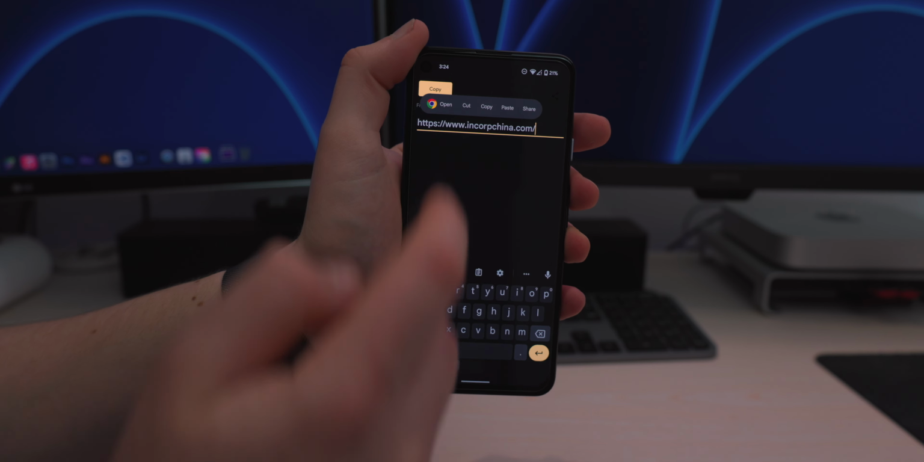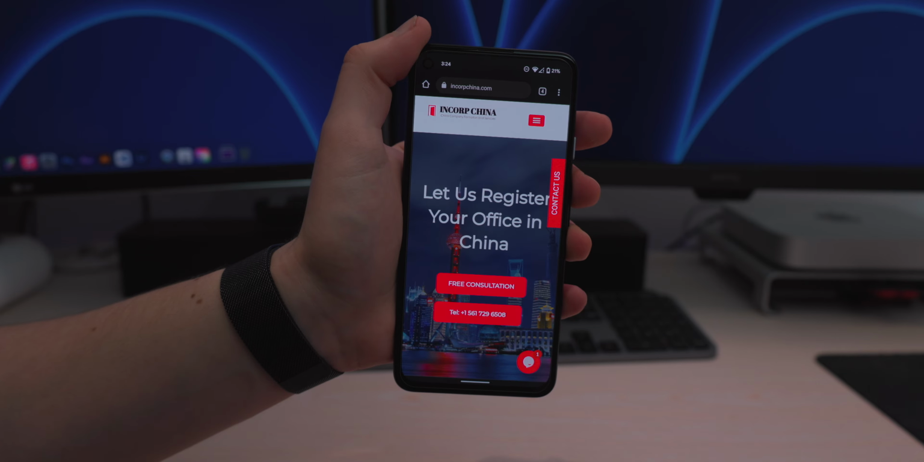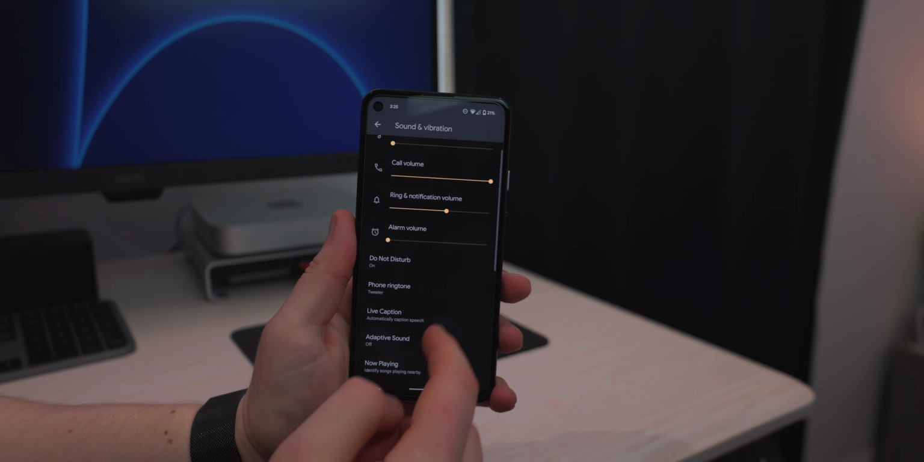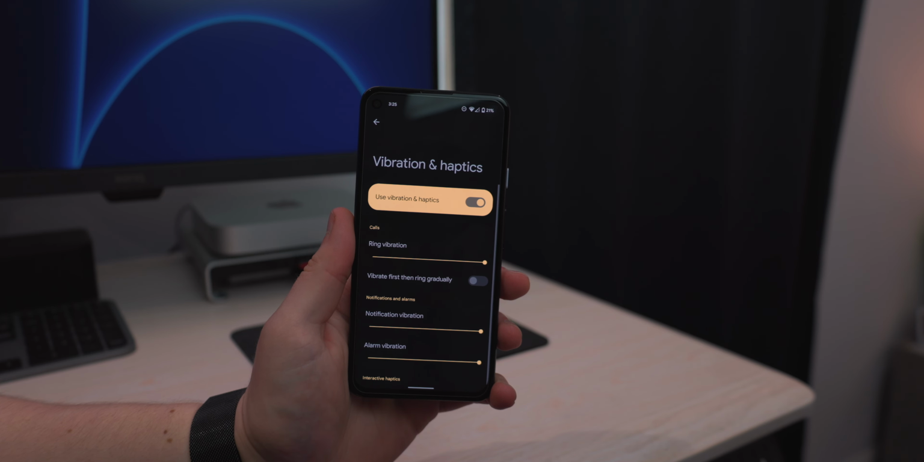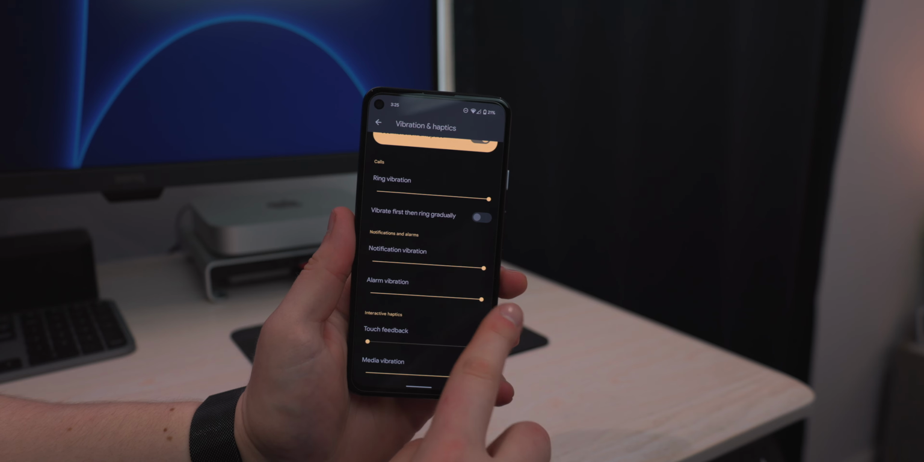You can also quickly open up links as well. So yeah, it's just a nice little bubble animation. In the settings, jumping into sound and vibration, we can actually go ahead and control just the vibration for the alarm. So it just gives you that little bit more control. So yeah, if you don't want any vibrations, or you do, you can go ahead and customize it now